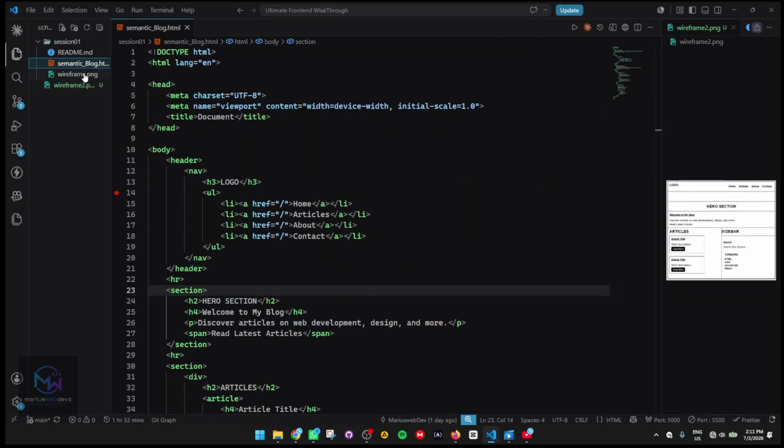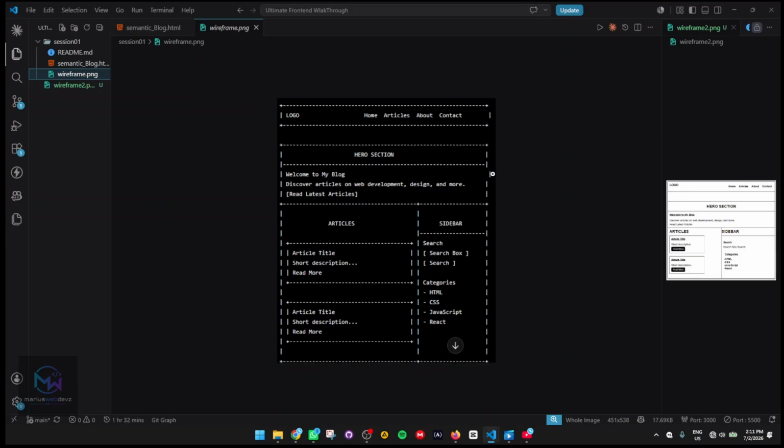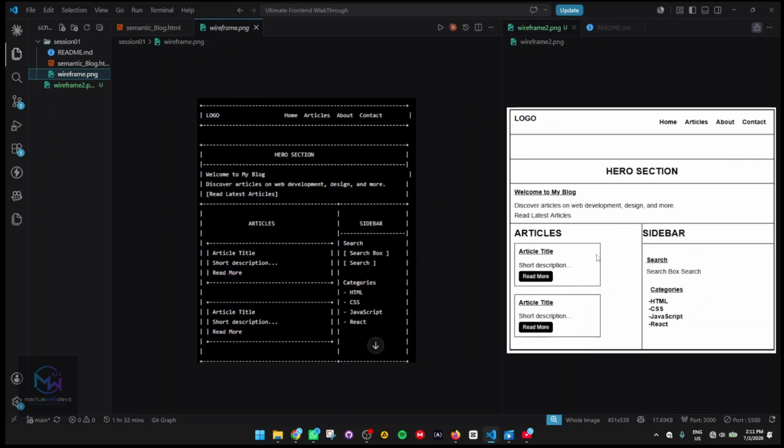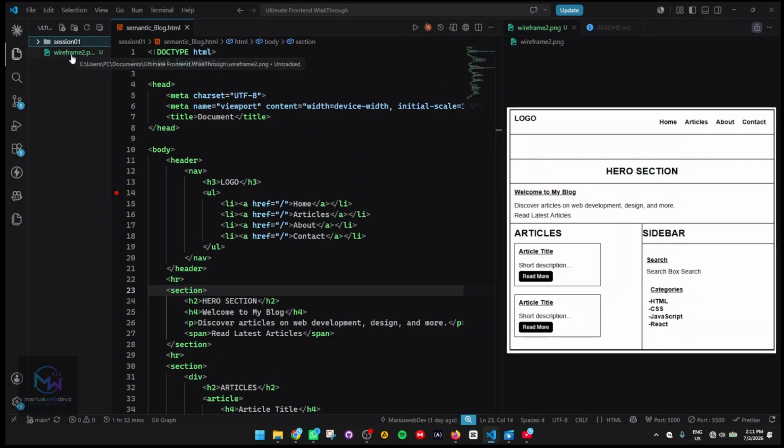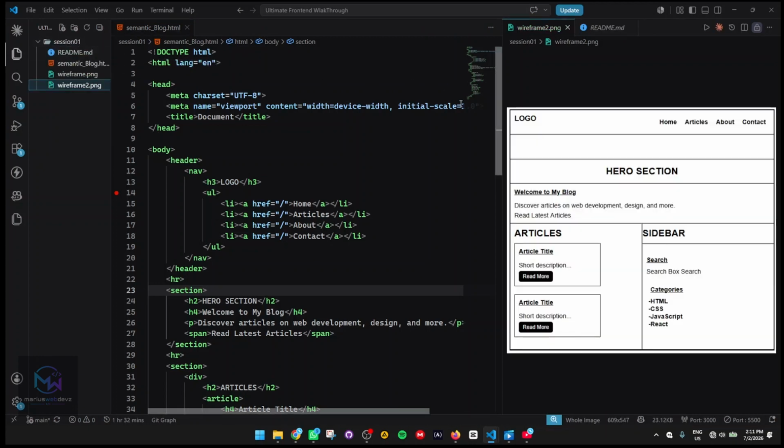Last time we worked with this wireframe here, but today we are going to be working with this wireframe right here. It means that we are going to transform this to this. I took a wireframe of this so that we work on that. So let's get started. For those who are already used to this, maybe you already have a little bit of CSS experience, but now